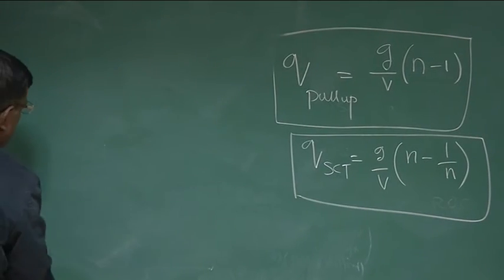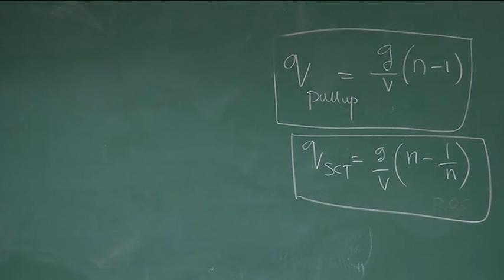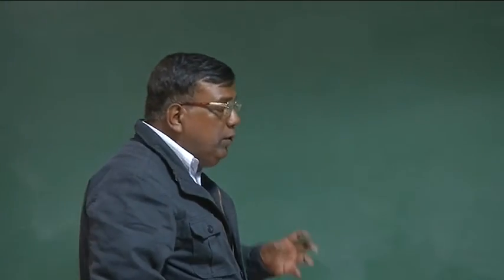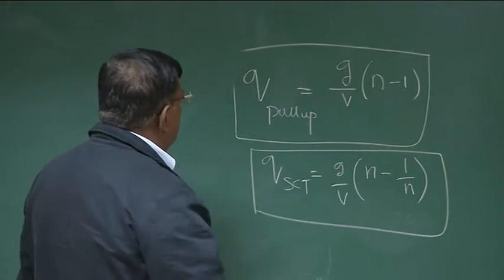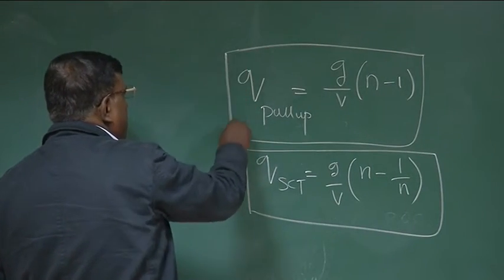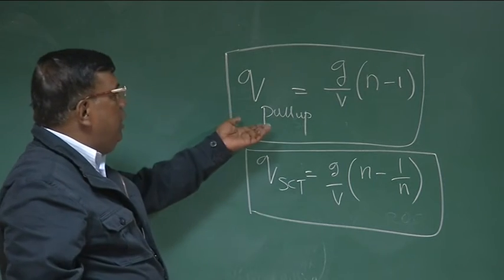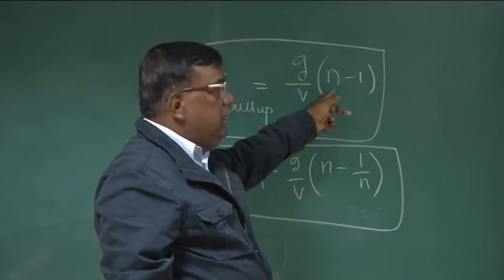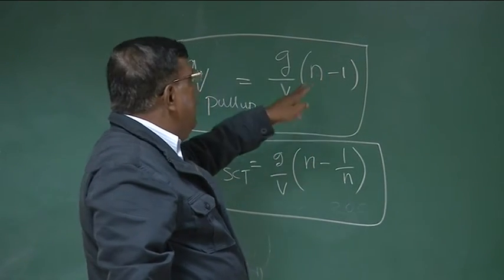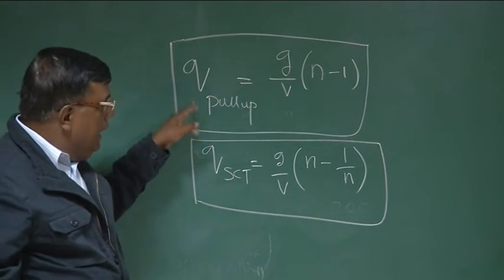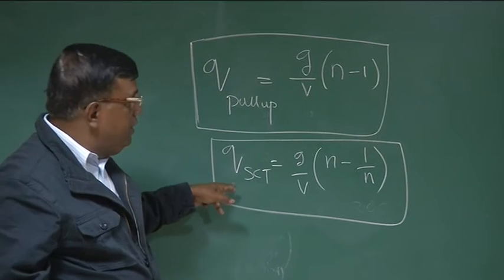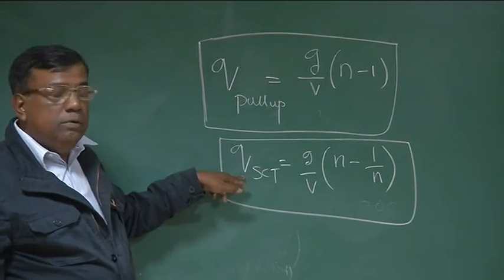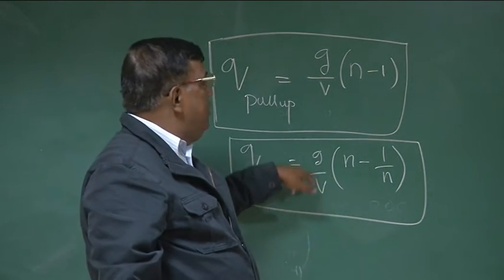Now we are coming back to the control part of it. What sort of elevator deflection should we give? Before we decide that, let us relook. What is this q for pull-up? It says if I want to go for a load factor of n, pull up like this, then I need to generate this much q. And if I want to go for a steady coordinate turn for a given load factor n, then I need to generate q given by this expression at a particular speed.